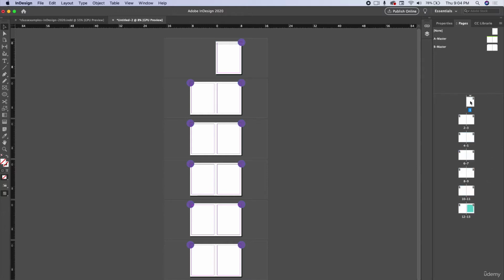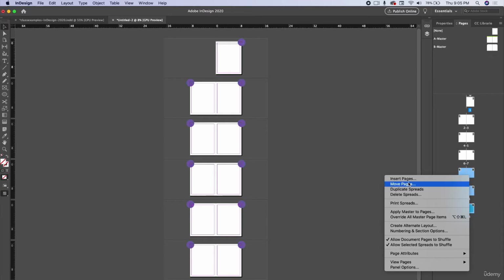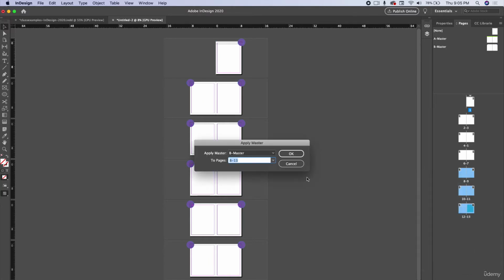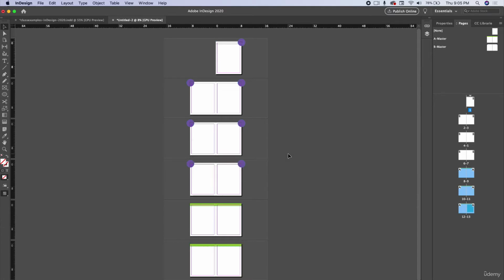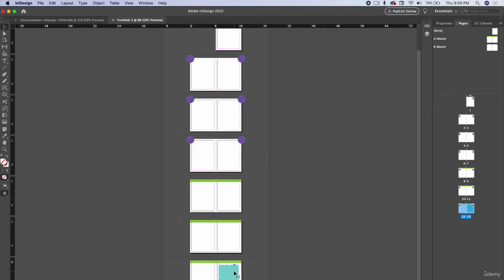So let's say I want pages 1 through 7 to remain circles, but I want pages 8 through 13 to have the green bar. So now I can just select those specific pages, right click, go to Apply Master Pages, and I am going to make sure it's the A master. Click on OK, and there we go. We have two different kinds of